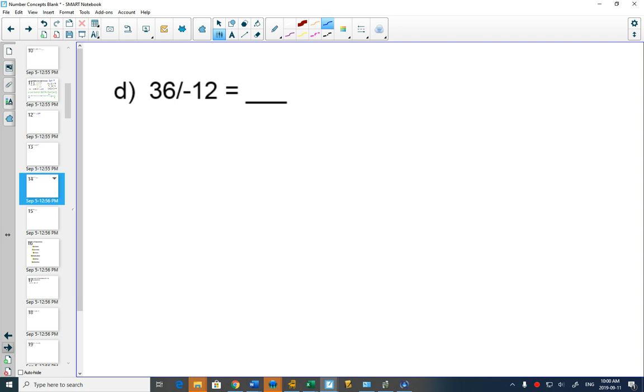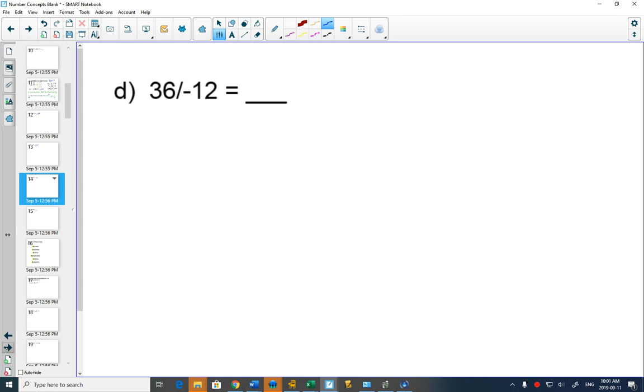Dividing works the same way as multiplication. So if you divide a positive number divided by a negative number, you're going to get a negative. A positive divided by a positive is positive. A negative divided by a negative, just like multiplication, that will be positive as well. Do you know a bunch of different